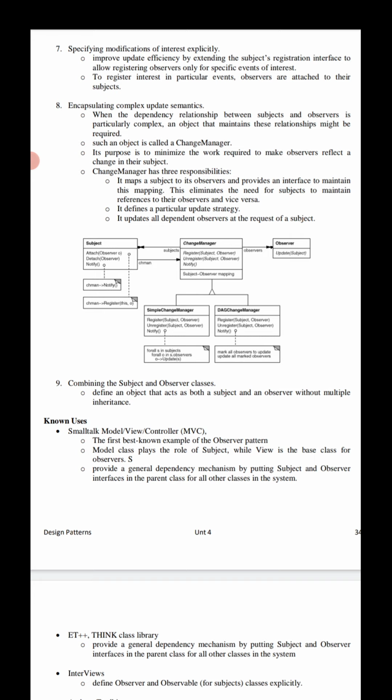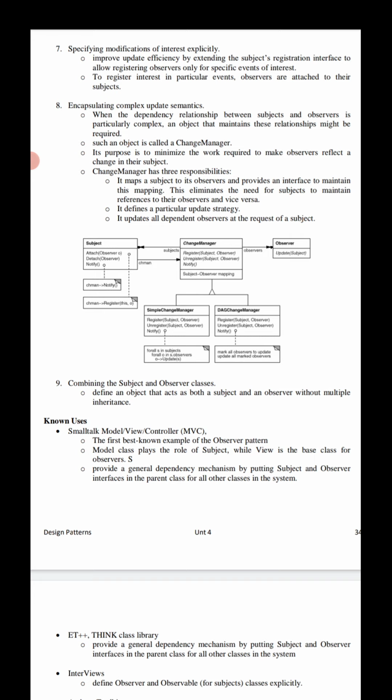If you take some class libraries written in languages that lack multiple inheritance, like Smalltalk especially, generally you define separate subject and observer classes, but if you need to combine their interfaces in one class, you define an object that acts as both a subject and an observer.